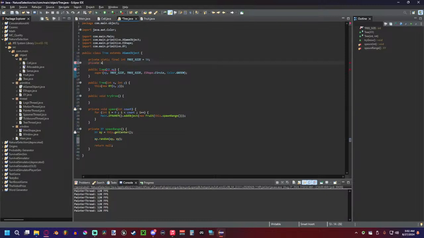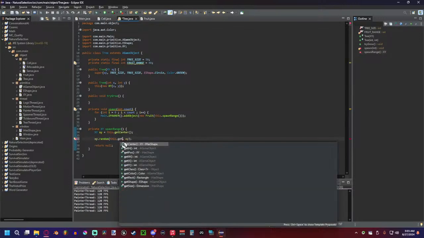private static final int fruit range equals 50, which is going to be an additional 50. We're going to call it 40 actually, and I can play with these numbers later. So that's going to be the range. Random. This dot get position